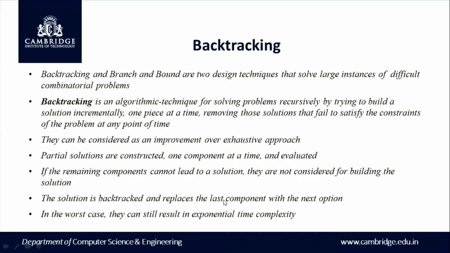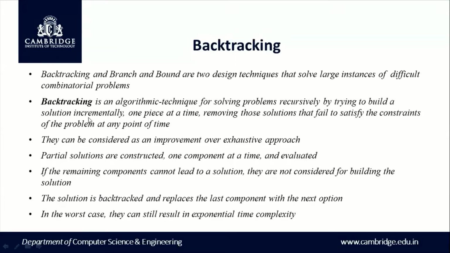Backtracking is an algorithmic technique for problem solving, which is specifically meant for solving combinatorial problems. Combinatorial problems are generally of two types: decision problems and optimization problems. It can be used for both. Combinatorial problems are problems whose solution building involves combinations, and they're generally complex when the input size increases. Backtracking is a very good method of solving difficult combinatorial problems.